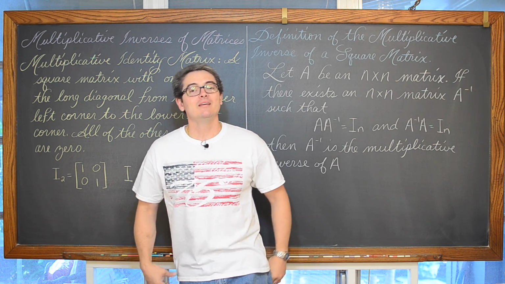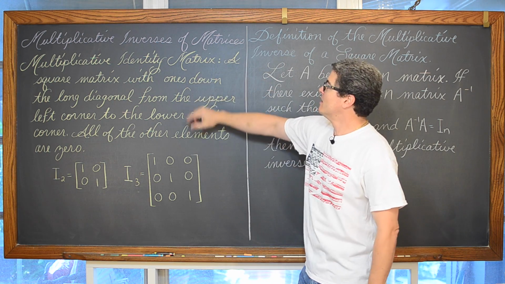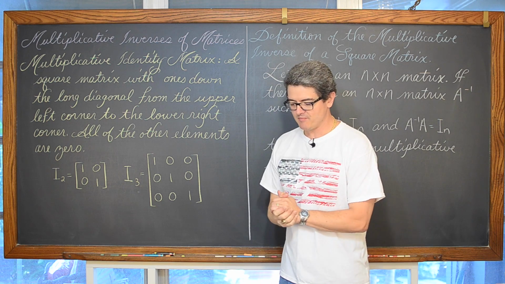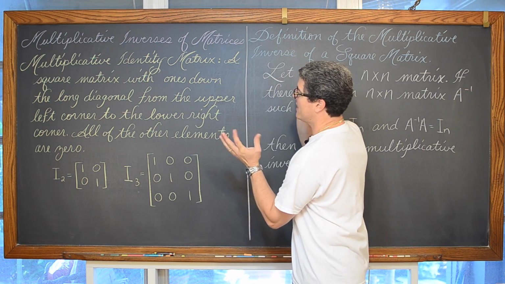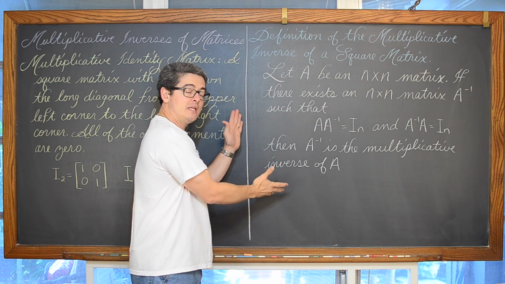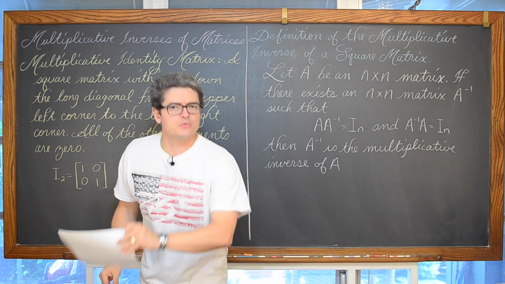Mr. Tarrou, in this math lesson, we are going to be introduced to finding multiplicative inverses of matrices, or finding inverse matrices. In this lesson, we're going to define what an identity matrix is. We're going to define what it means for two matrices to be inverses. And then we're going to go through a bunch of examples.